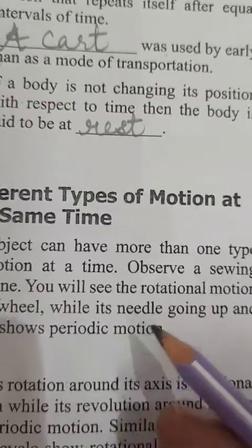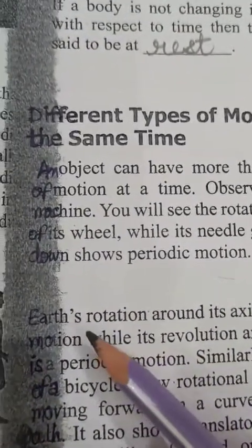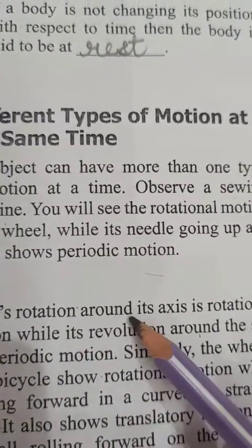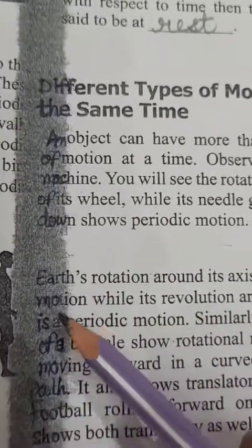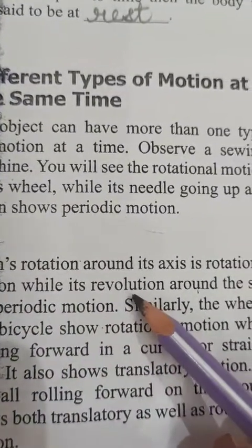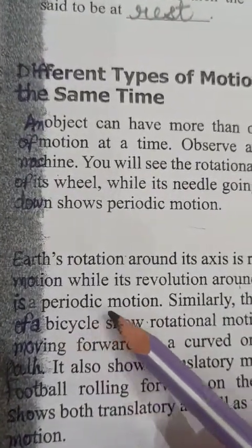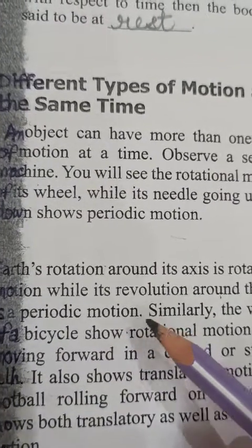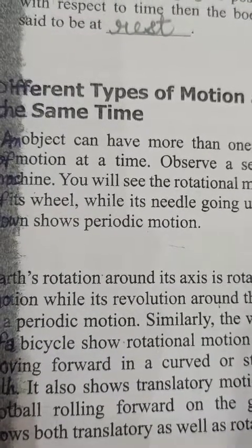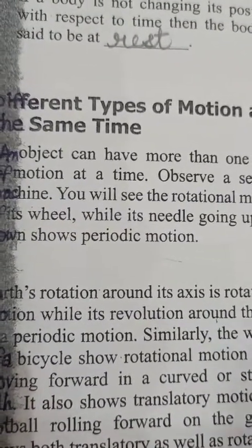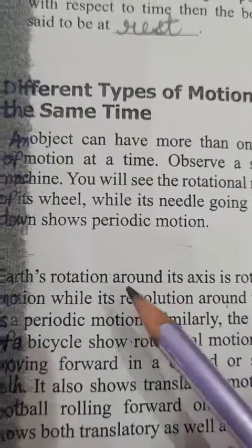And here we can also see two kinds of motions. After this, Earth's rotation around its axis is rotational motion, while its revolution around the sun is a periodic motion. Yes, children, you have studied in junior classes also about the earth's rotation, that the earth always rotates on its axis, which is called